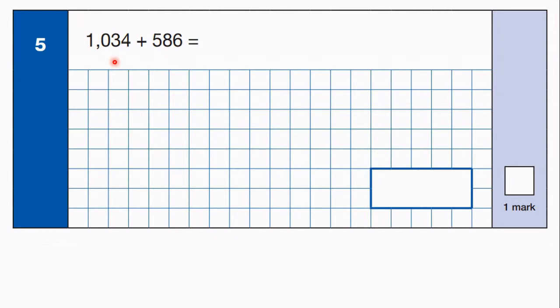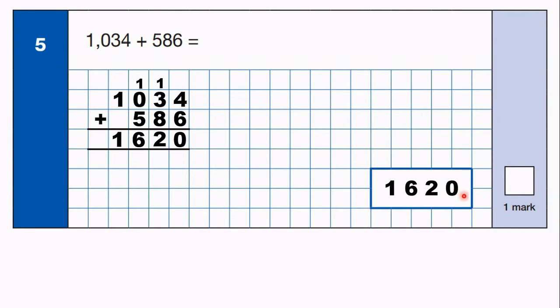Question 5. 1034 plus 586. We can set this out as a column addition. 4 plus 6 is 10, so 1, 0. 1 plus 3 plus 8 is 12, so 1, 2. 1 plus 0 plus 5 is 6, and 1 plus nothing is 1. So our answer is